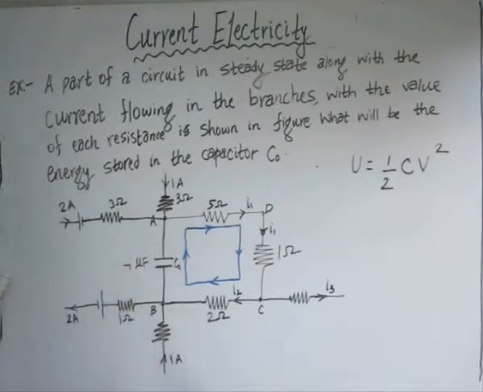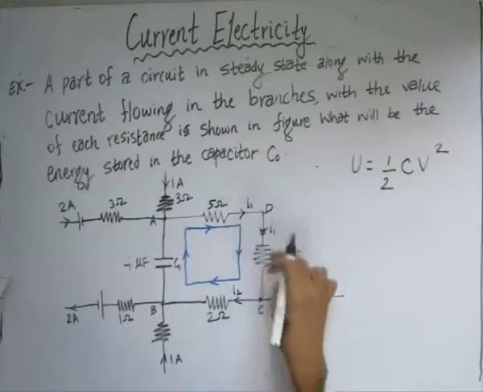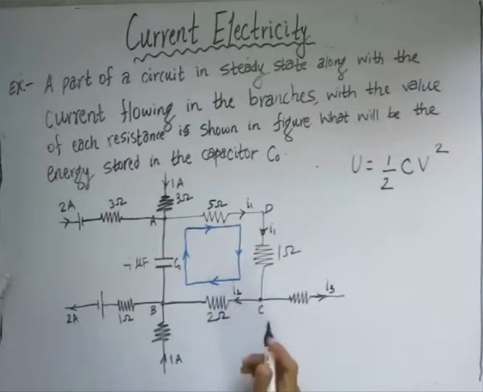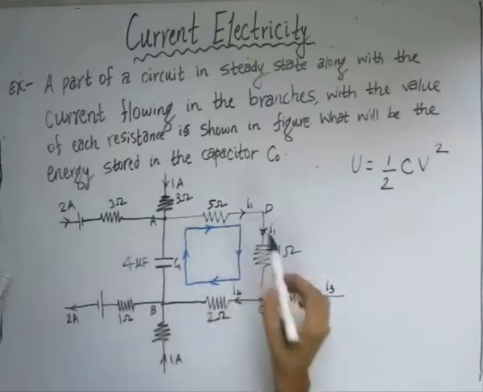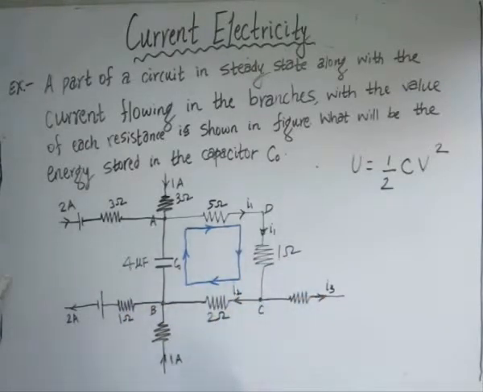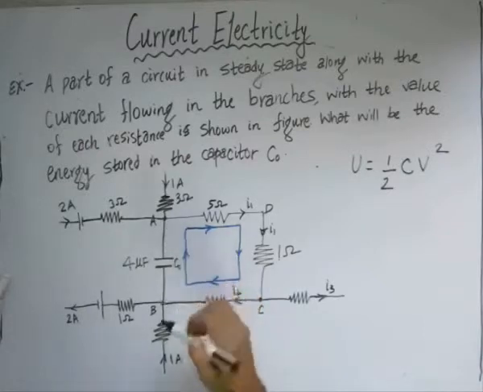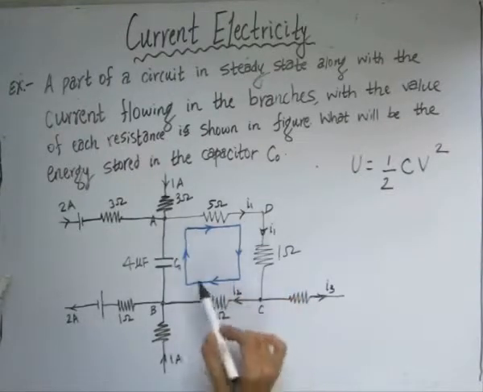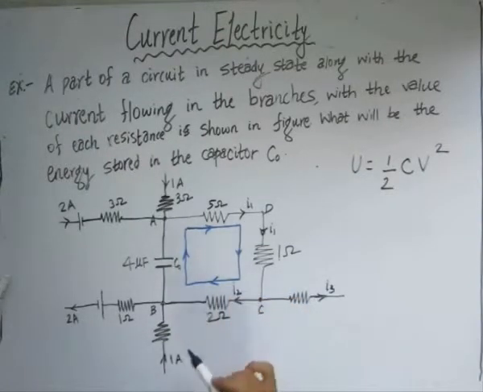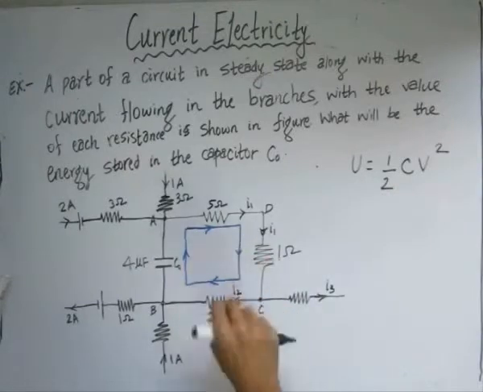Now, as can be seen in this diagram, there are some unknown currents. There are basically 3 unknown currents given to us: I1, I2 and I3. So our aim is to first determine the values of these unknown currents, and then by using them we'll determine the voltage across the points A and B. In this loop we have been given a loop direction, and the direction of the loop is clockwise.